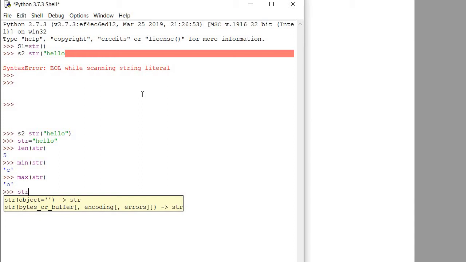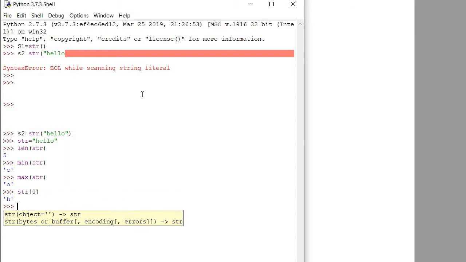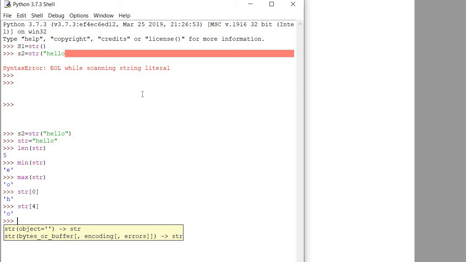If I write str at index 0, which character is present? It will give h, and you can write any index till 4. The last one is 4 because the index starts from 0. So it will give you o. If someone asks you about the index operator, you can use it like this.